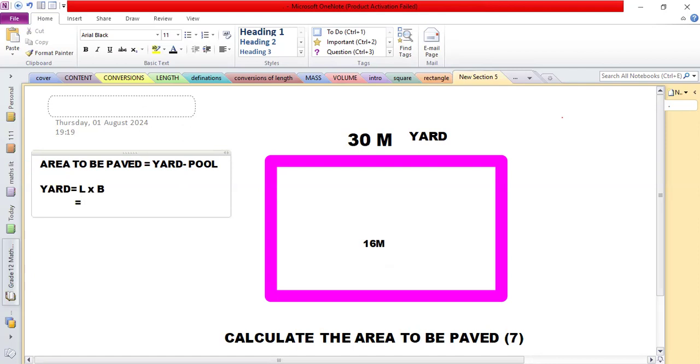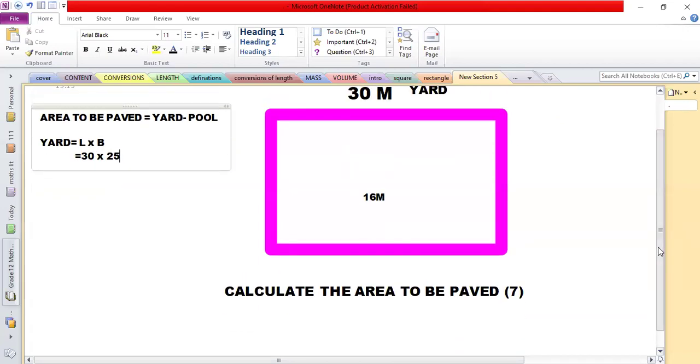So length is equal to 30. So we're going to multiply it by 20. I believe it was 25. Where's my unit? If it is not 25, can someone remind me what it was? I mistakenly removed it here. Class, can you please remind me if the unit was indeed 25? 30 multiplied by 25 will give us 750. Yes, it was 25.